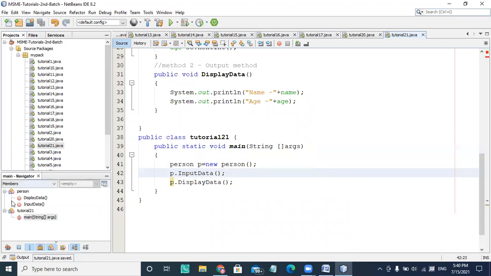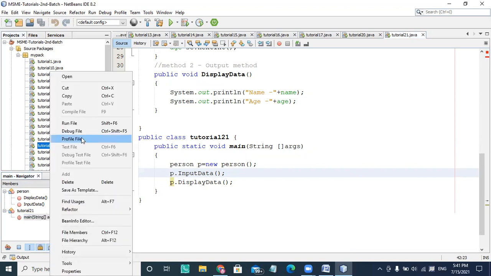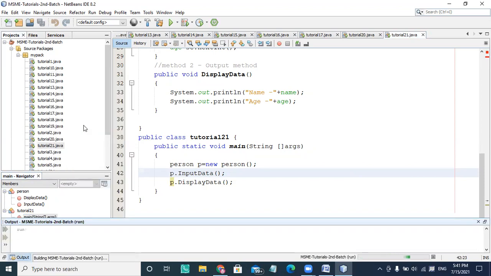Okay, so now let us run this program again. I am running this program again here, tutorial number 21. And now it's asking me to enter a name. So I'm writing the name of the person as ABC and age as 23.